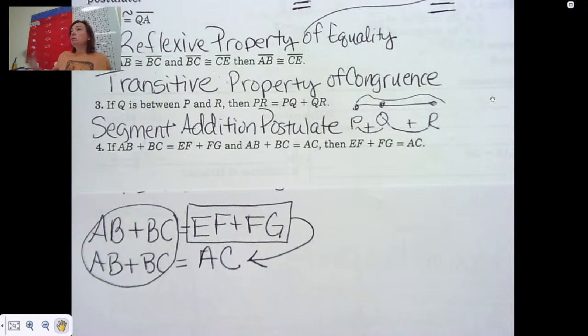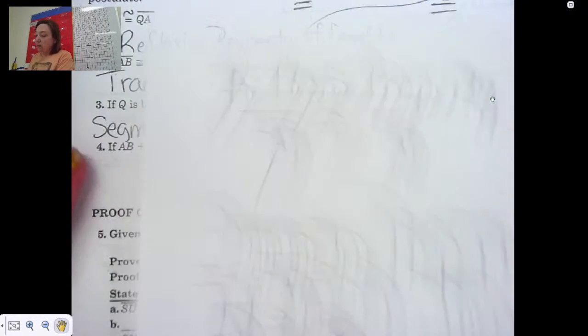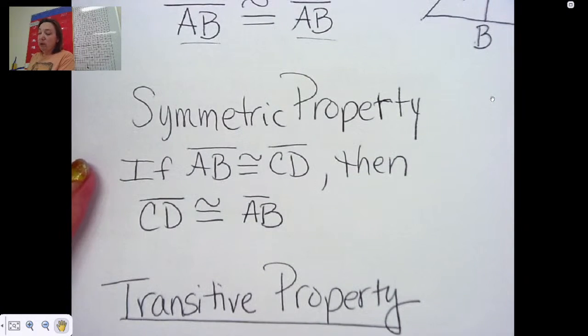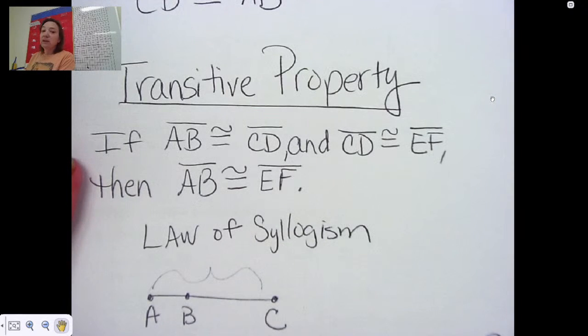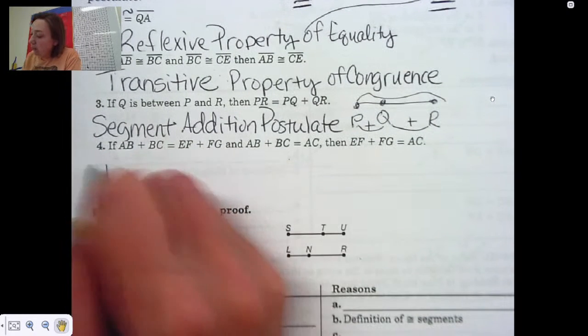Numbers, how do we know? Equals, because it has equal signs instead of congruent. So these are the measurements of those things, right? We're dealing with numbers. What property was that? Is that going to be reflexive property? Did we say AB equals AB? Is it the symmetric property? Did we just flip it? We did not, did we? Is it going to be the transitive property? Yes. So this is going to be the transitive property, but